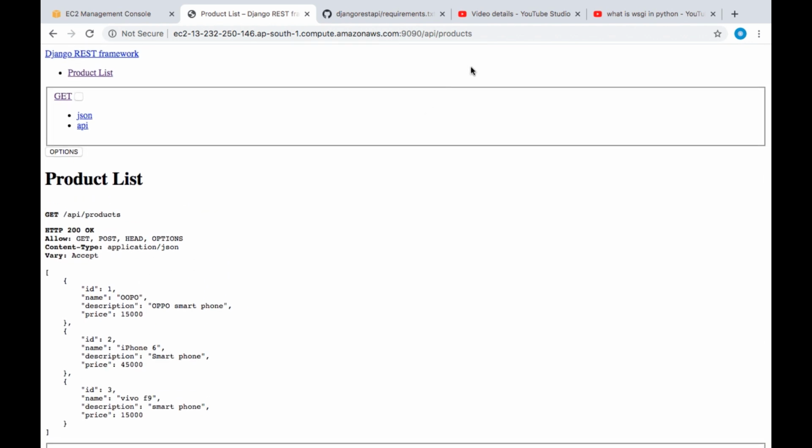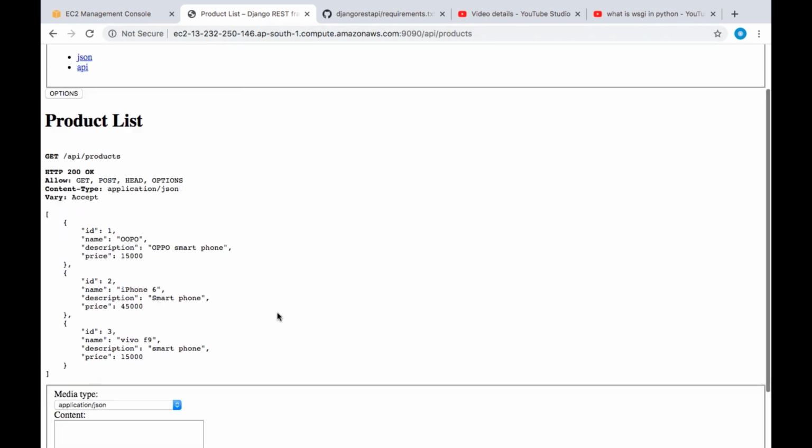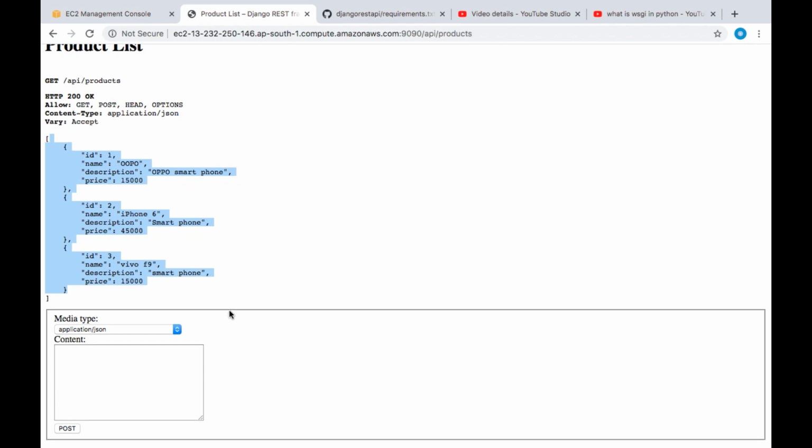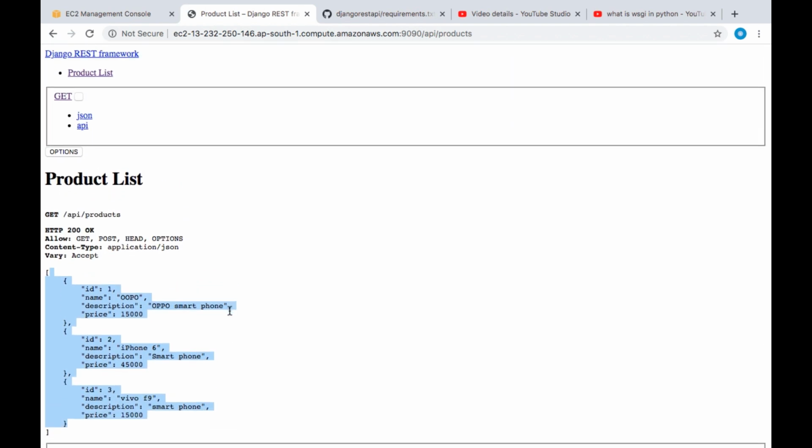Okay, so either we can use Postman or Django REST API to test our endpoints. Now here I'm getting some data because already in our SQLite database we had some data, so that data is coming up, so things are working fine, and we need to do Nginx configuration next.